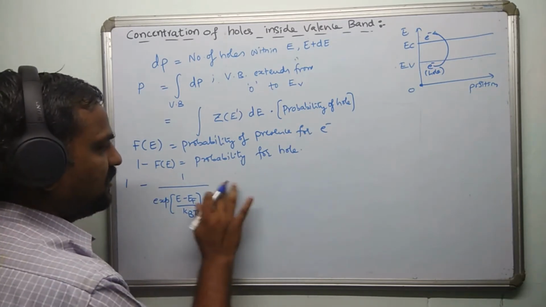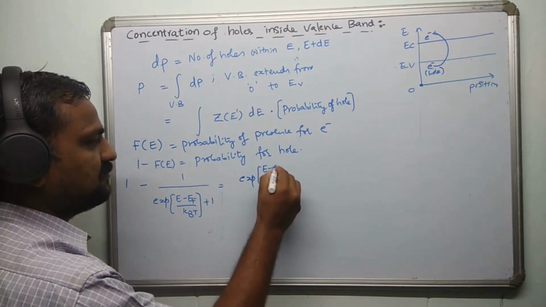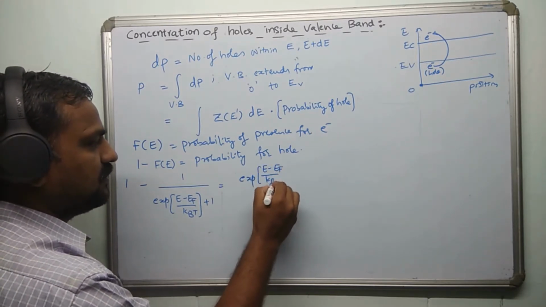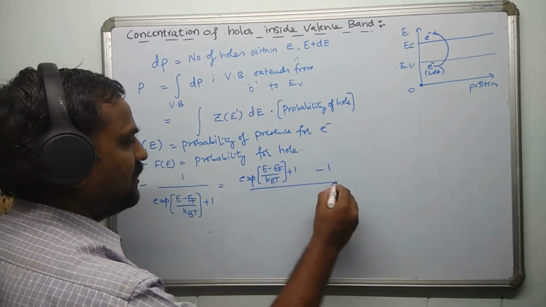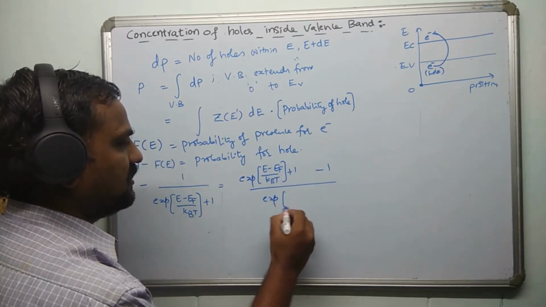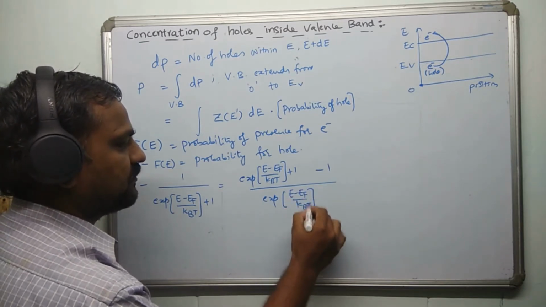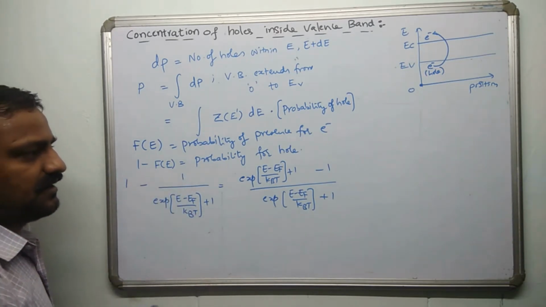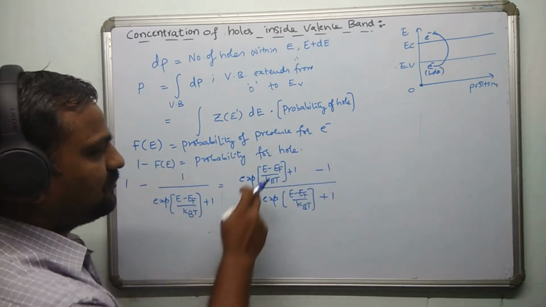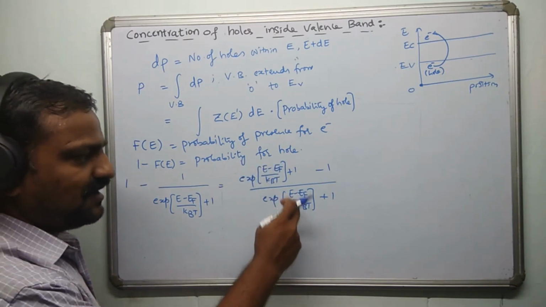Or if you want, you can write one more step here. So it is exponential of E minus EF by kBT plus 1 and then minus 1, divided by exponential of E minus EF by kBT plus 1. So this term is multiplied here and 1 subtracted from there. Anyway, this 1 is gone. We are left with e power E minus EF by kBT divided by e power E minus EF by kBT